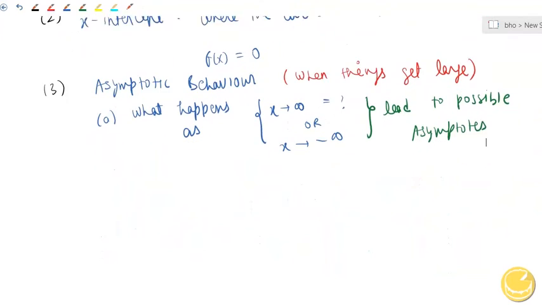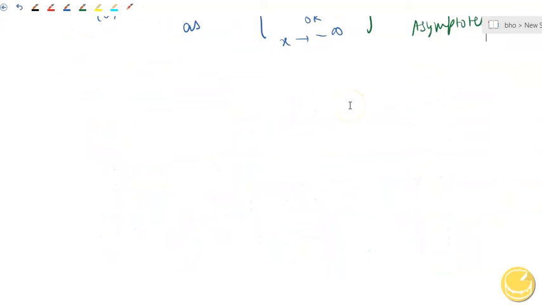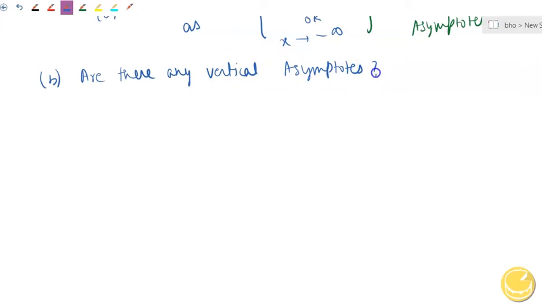B, what we have to look for is, are there any vertical asymptotes? For this, we have to look near points at which y tends to infinity or y tends to minus infinity. This is our step number 3. In step number 4,